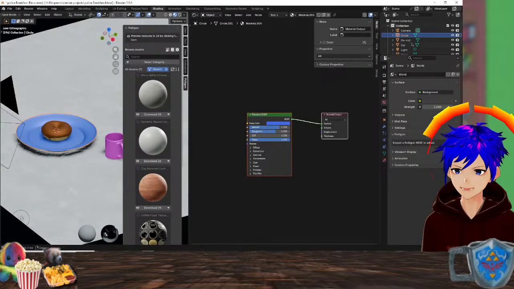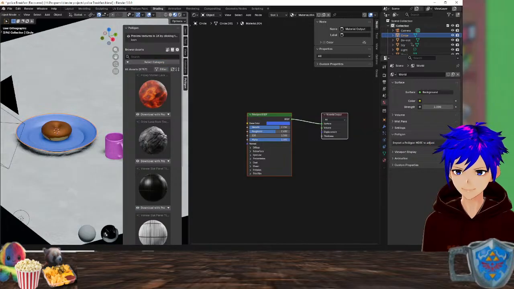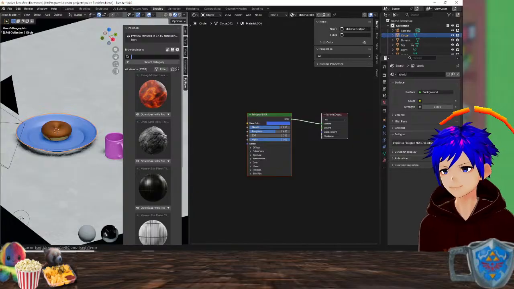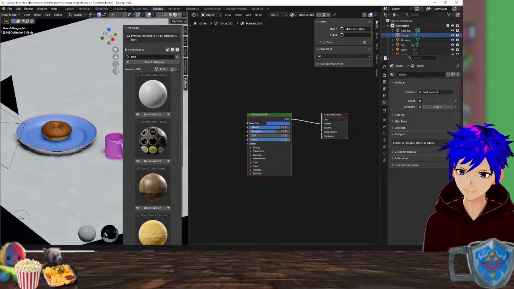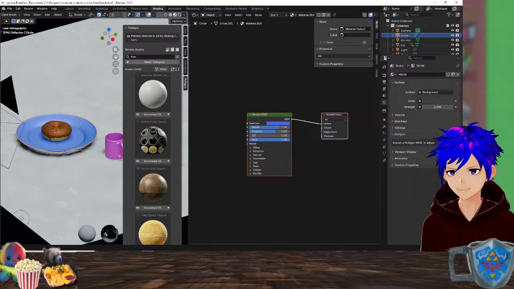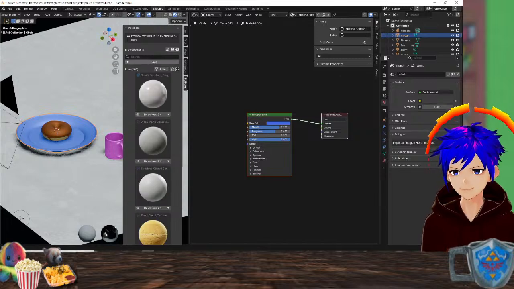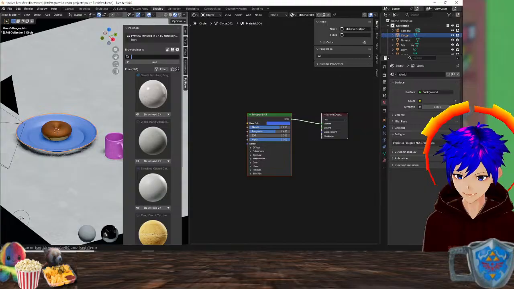I'm gonna go back in here. Select category. Filter. Free. Okay, then where's the speckled glaze?